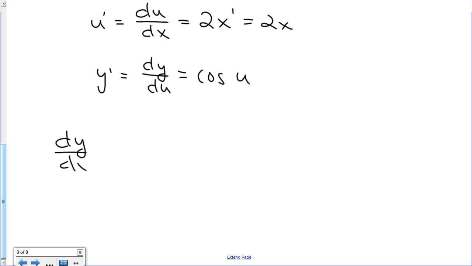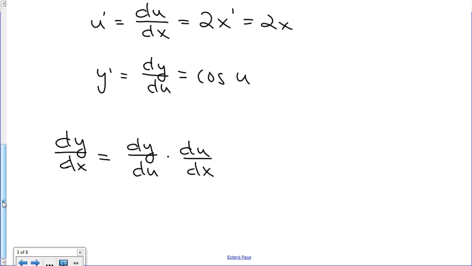If I were to look at dy dx, it could be written this way. If I look at what I have here in terms of the derivatives I've found so far, I have du dx and I have dy du. It doesn't really matter which way I write it down, but I'm going to write it down this way. If I take dy du, the second derivative I found, and multiply it by du dx,